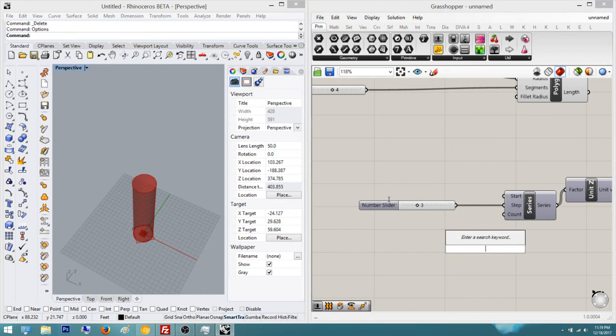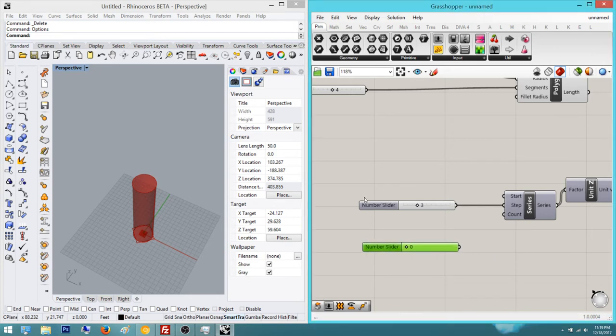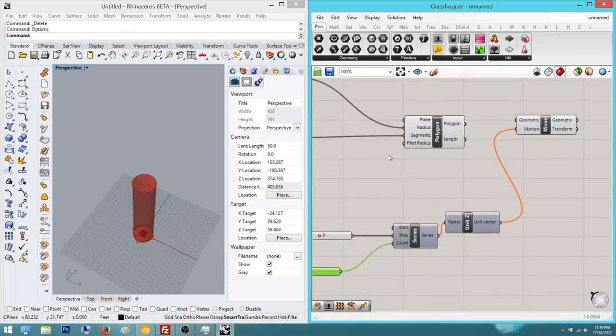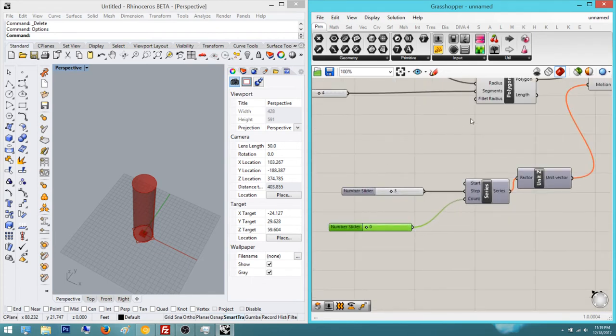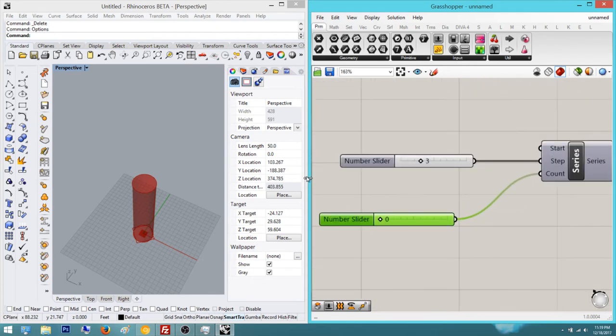Actually, let's make it 0. So it'll range from 0 to 100, as you can see. As you can see, it just does from 100. So we can change that from 0 to 100. And let's plug in the geometry. It's gonna freak out because there's nothing happening, right? See this orange stuff? Right now it is at 0, so we have 1. So now we have